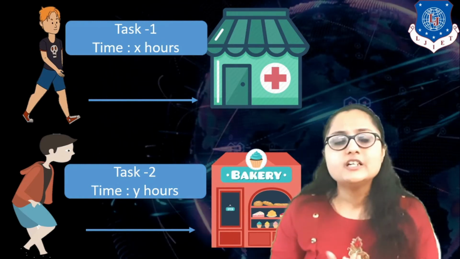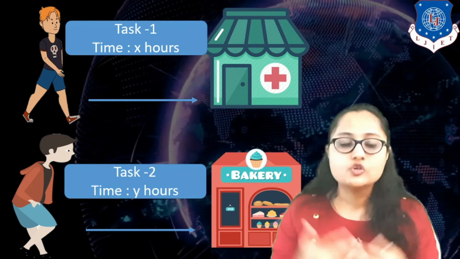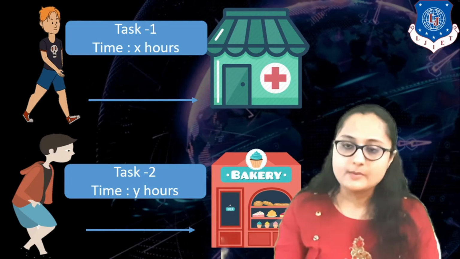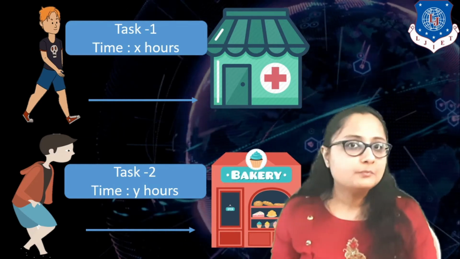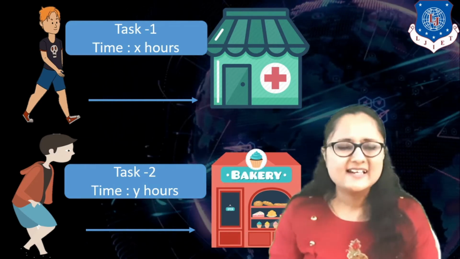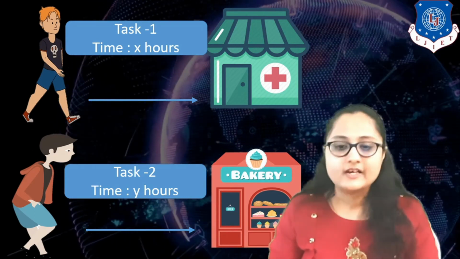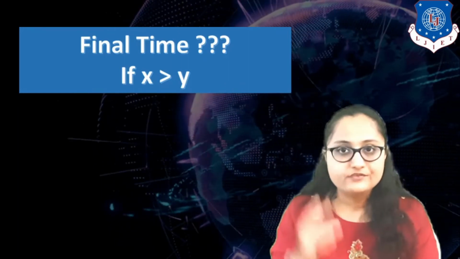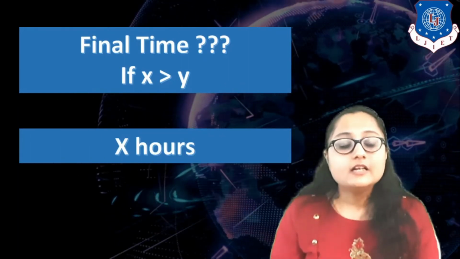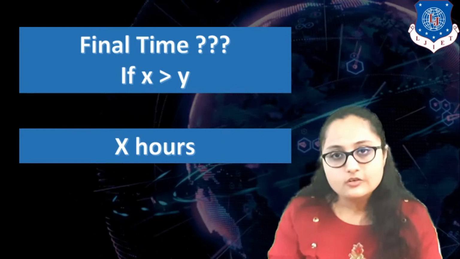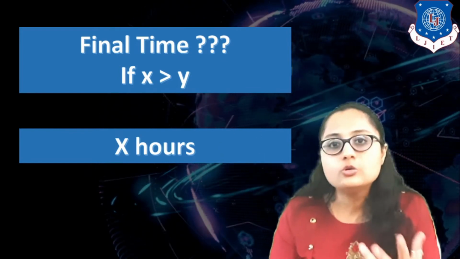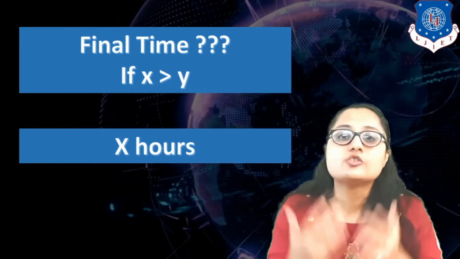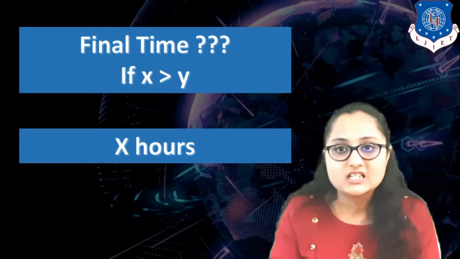It is possible that the end time is not the same, because Sanand is far away and task 2 is easier, Denji Dumps in Ahmedabad. So task 1 may complete in X hours, that is 2 hours, and task 2 may be completed by another friend in Y hours. What is the total time? The total time is, if X is greater than Y, if 2 hours is greater than 1, then the total duration of both the tasks is basically 2 hours, because the second task duration is a subset of the first task, because both the tasks were started at the same time.